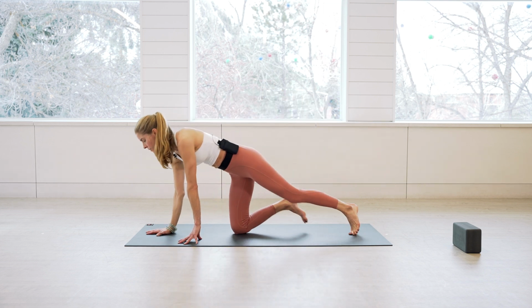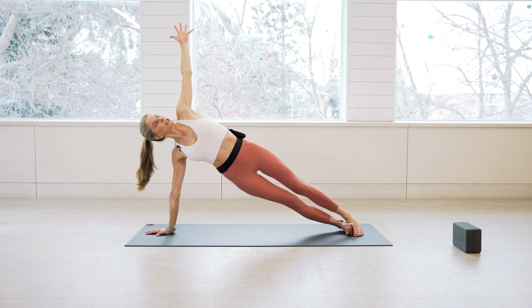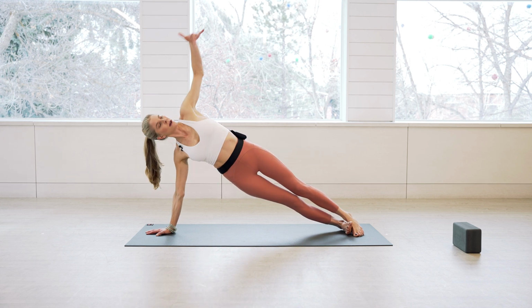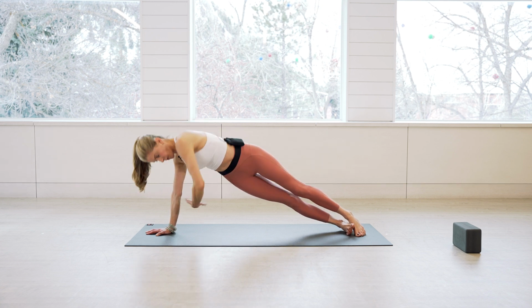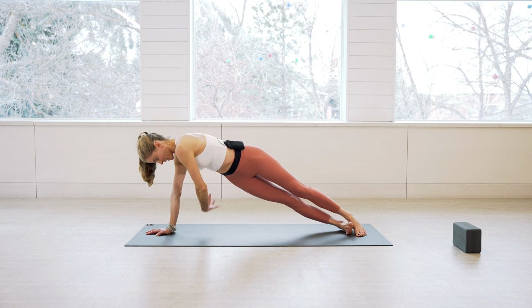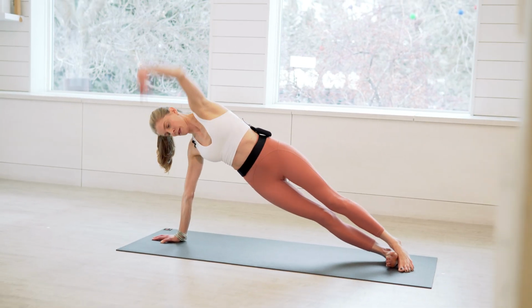So use your right hand as your foundation. Come up into your side plank. Left arm reaches high and take those crunches, those side plank crunches with your breath. Good job, yogis. We're here on this side for 6,